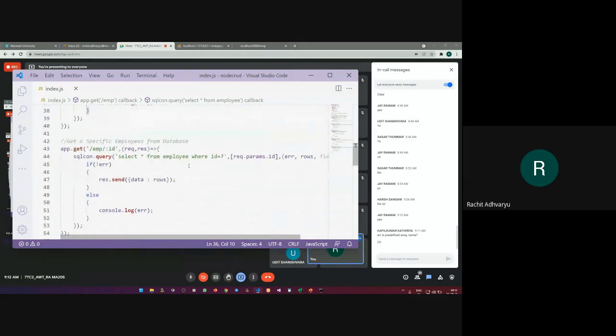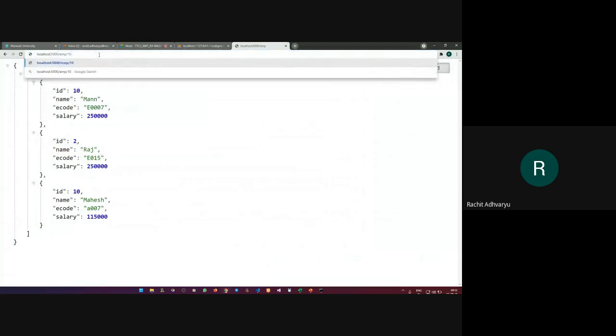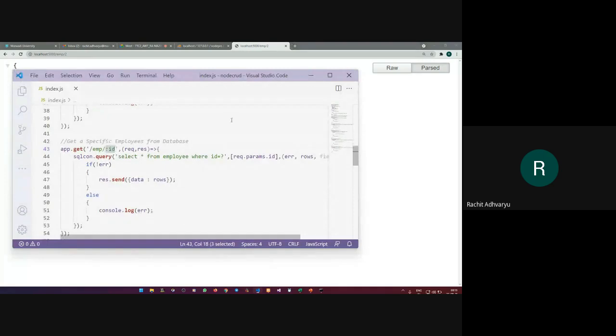Even if you want a specific ID, where ID data in your output, you can use the same thing. See, I'm saying that after EMP, I'm going to write down one ID, and that ID data I want to see in my URL. Let me show you the output first. Let me say I'll write down /10, or let's say /2 only. I'll get only ID 2's data in my output. So you can use a select query with the condition. So how to execute it? There are some different parameters. You can see I have provided the :ID variable here, and then it is managing a request response.